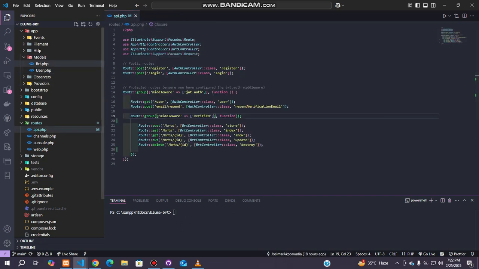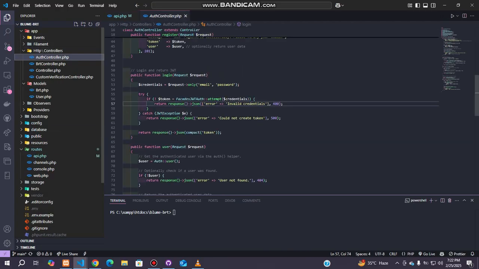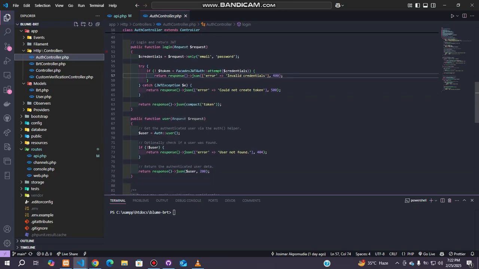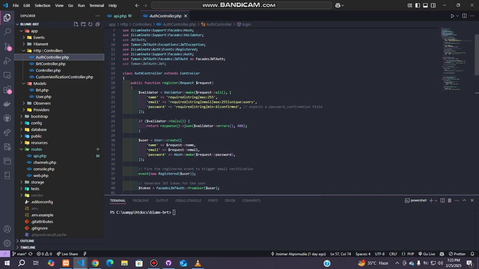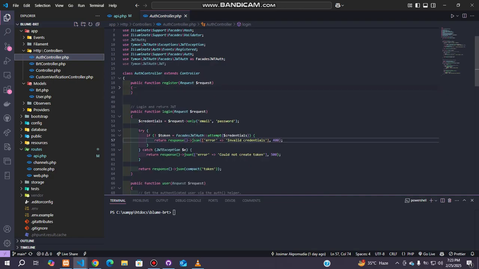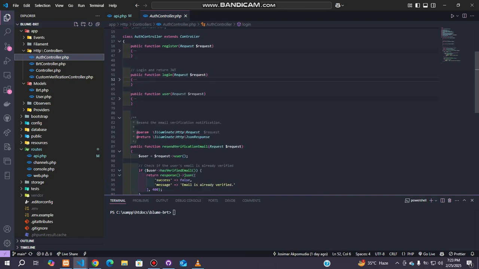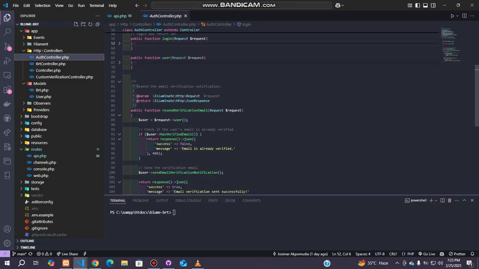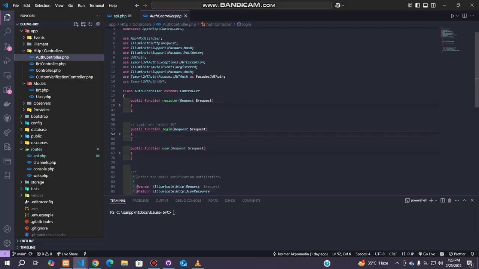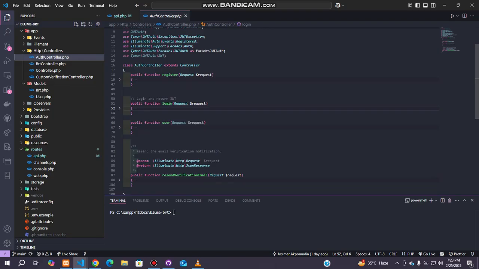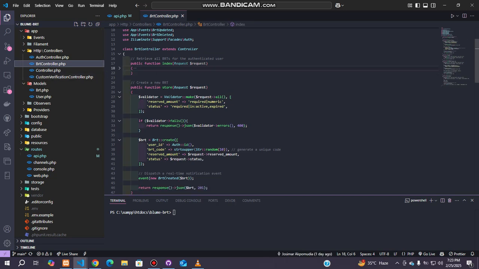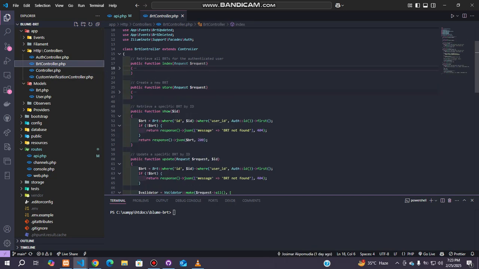Also, like I was saying, I generated two controllers, the auth controller and the BRT controller. The auth controller only holds a few methods: the register method, the login method, the method to pull the user data, and the send verification email method. That's four methods within this auth controller. The BRT controller holds just the CRUD functionality, which is the index to pull the data,